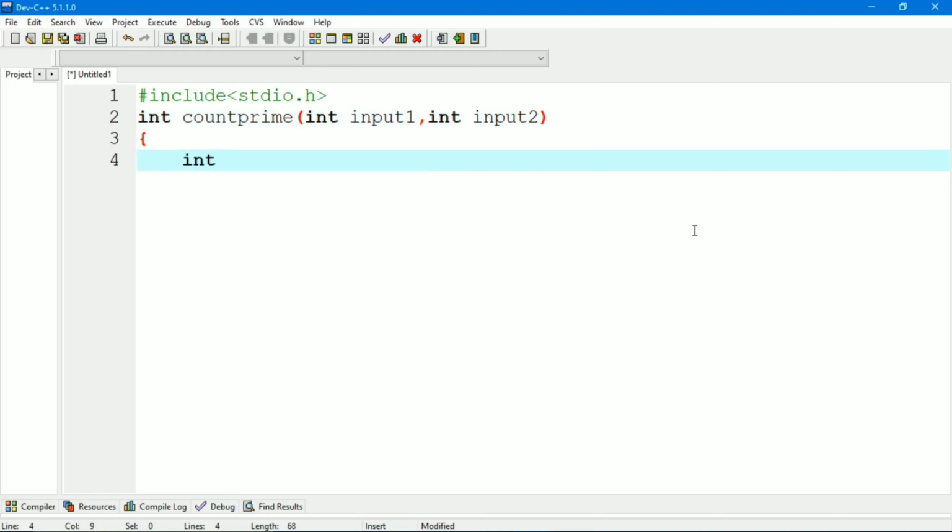After that we will declare the variables i, j. We will initialize the count variable to 0 and the n variable to 0.